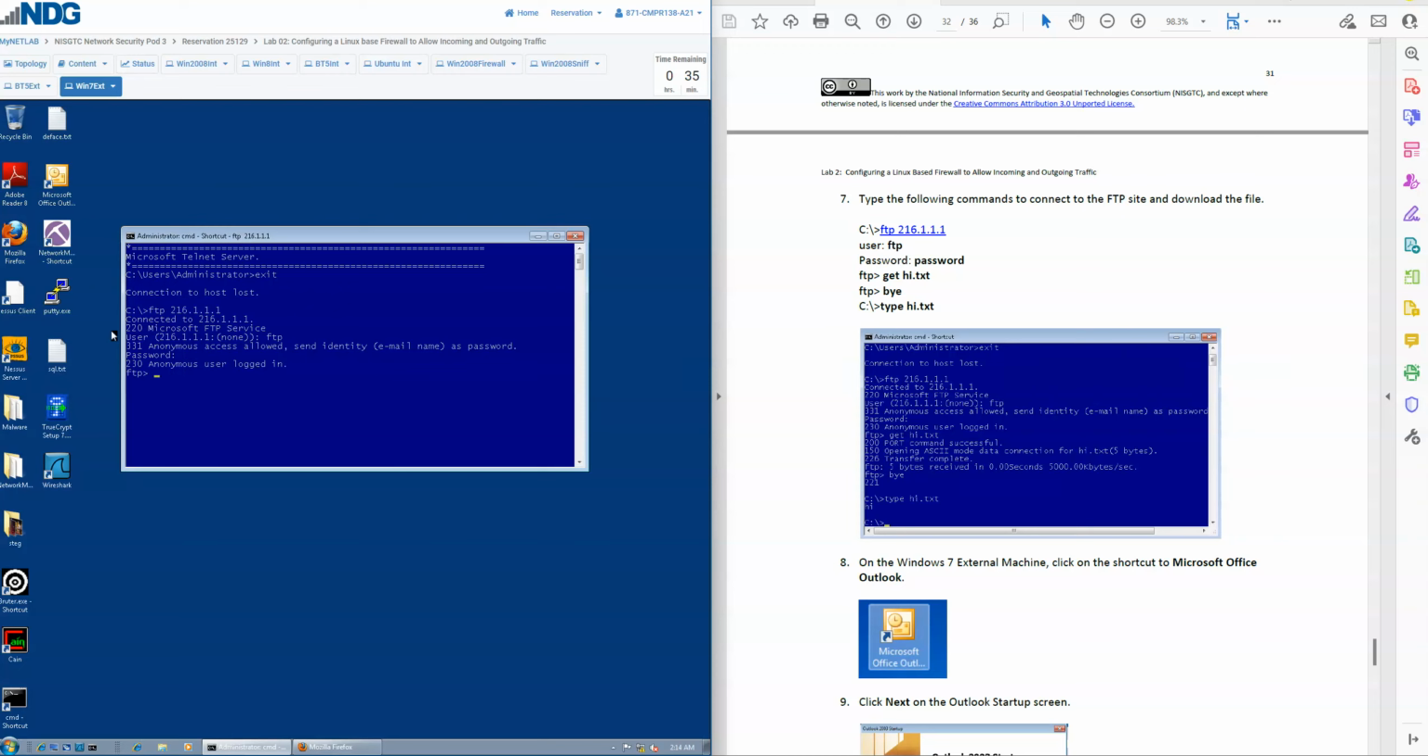It'll be there. Now, as you can see, our prompt changed to FTP, and we're going to type in which text file we want to get, which is get hi.txt. This will allow us to download it, and as you can see, it went through successfully. Where it says transfer complete, that's how you know it's been downloaded. Now we're going to exit out by typing bye, hit enter, and then view the text by typing type space hi.txt